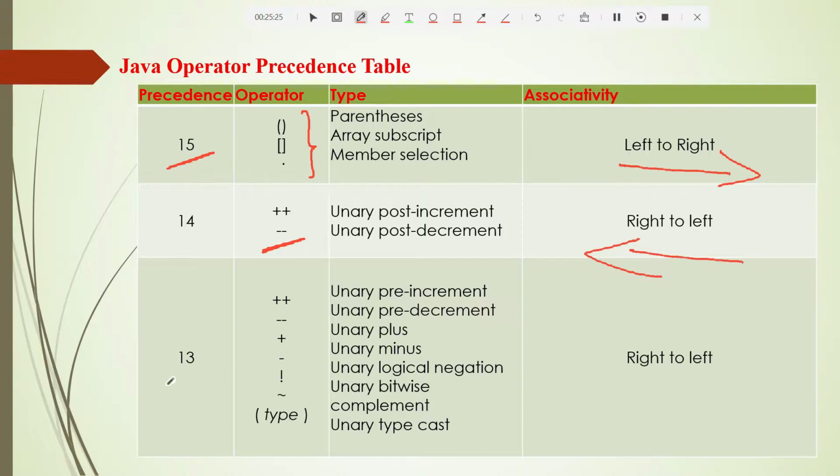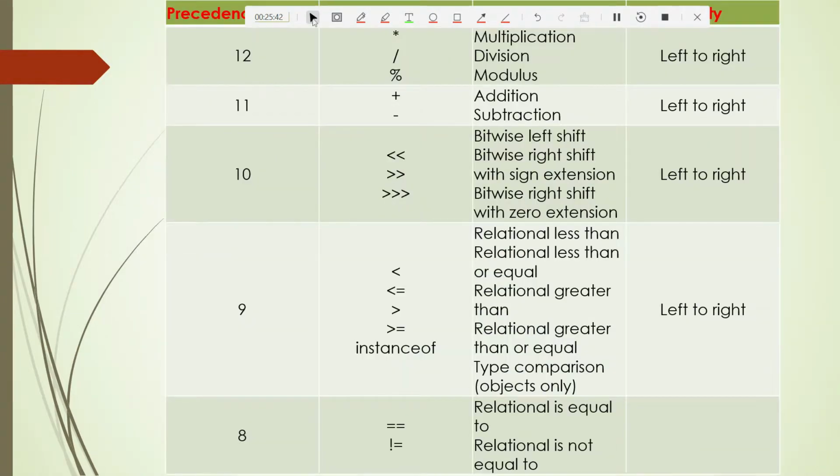Then you have pre-decrement and pre-increment, unary plus and minus, logical negation, bitwise negation, all those things. So it is right to left, 13. After that you have the normal arithmetic operators: star, division and modulus.